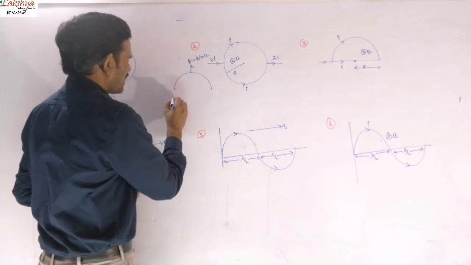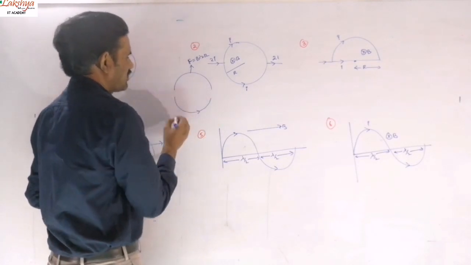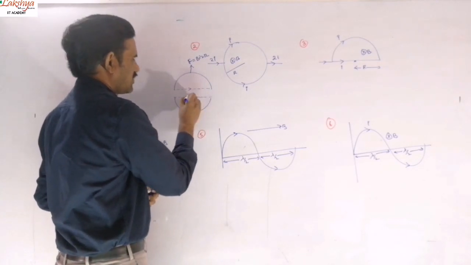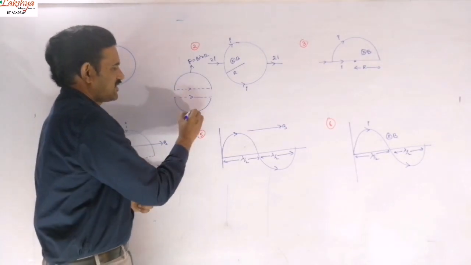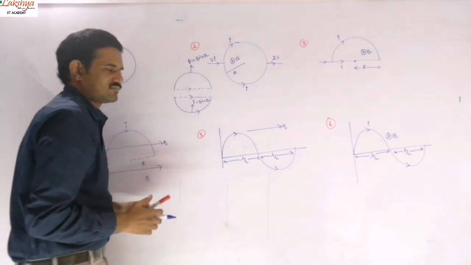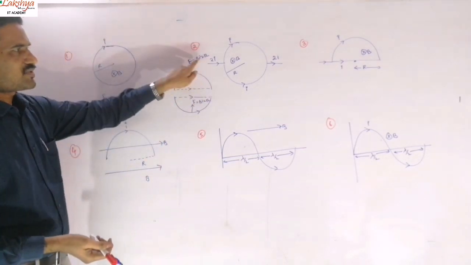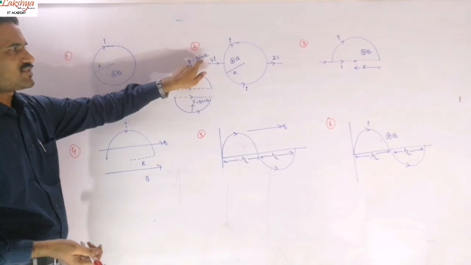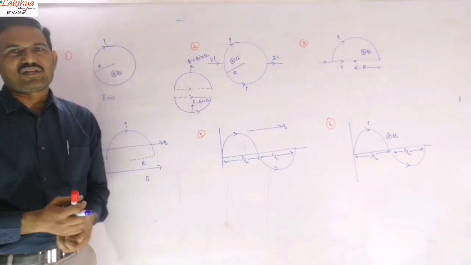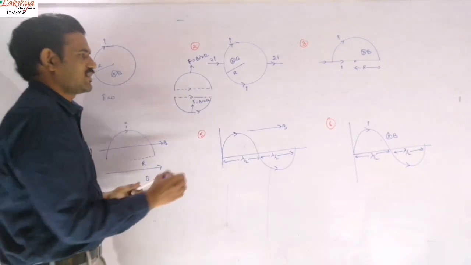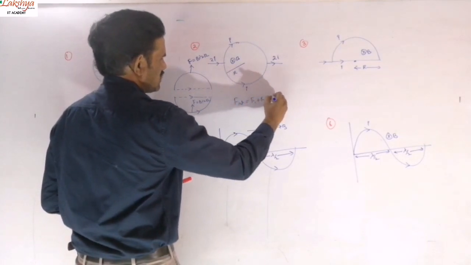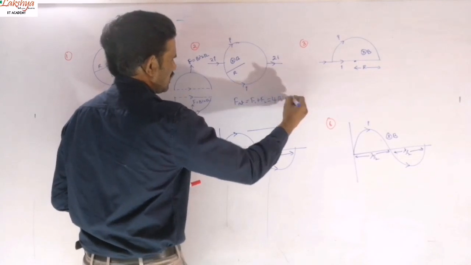And similarly the force acting on this lower semicircle, you will get the same direction, because for this also you can replace it by a conductor like this, and for this also you can replace by a conductor like this. And so the force acting on this lower semicircle also you will get F is equal to Bi into 2R. So now the force acting on the upper semicircle is F, that means F is equal to Bi into 2R, and the lower semicircle also Bi into 2R, both are in upward direction there. So when both are in upward direction, then the net force acting on this will be equal to F1 plus F2, which is 4BiR we can write.